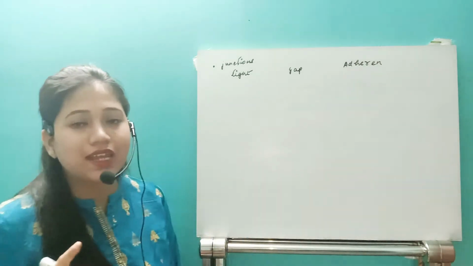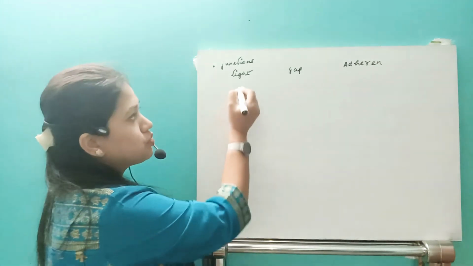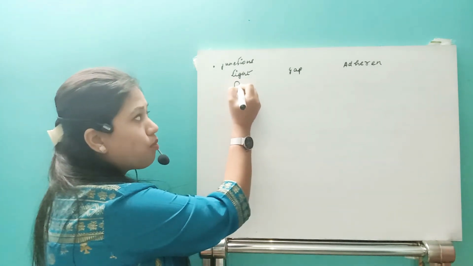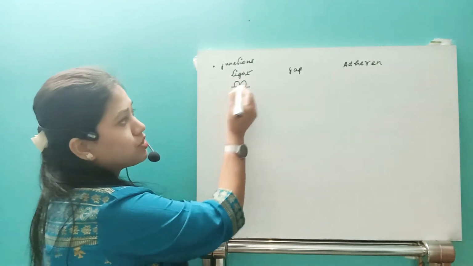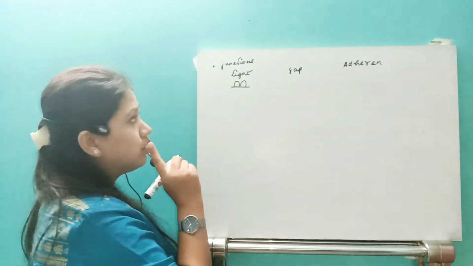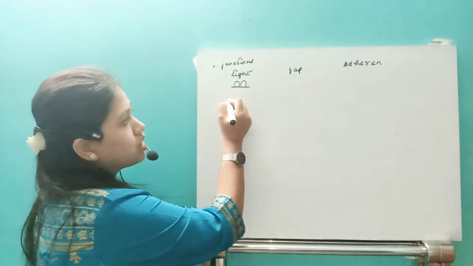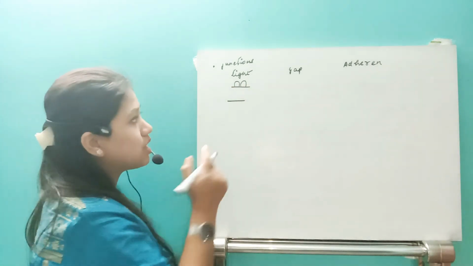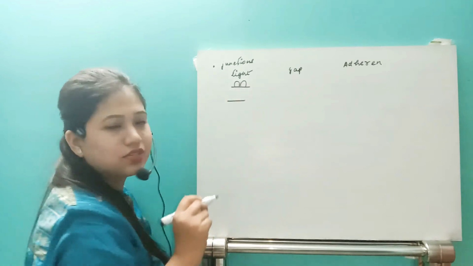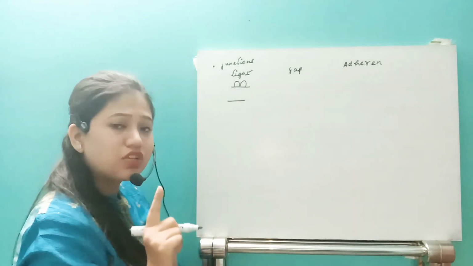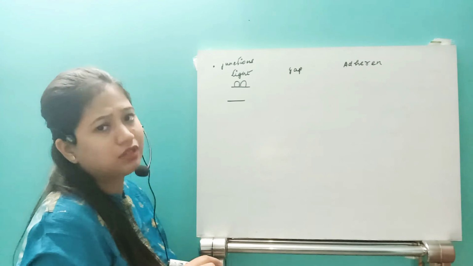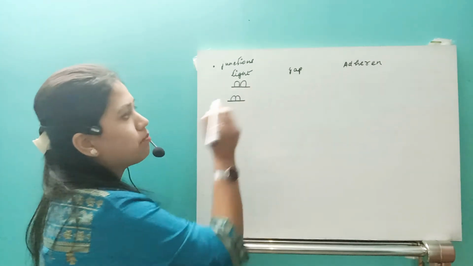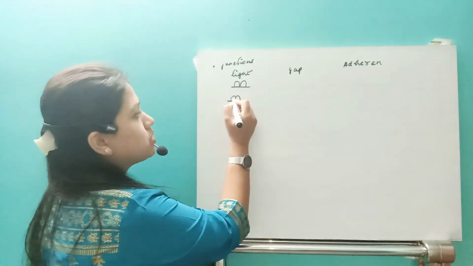So what is a tight junction? If it comes to the tight junction, the cells will be very close to each other. Suppose this is the intercellular space. Here, in between the two cells, we have this much space. Now in a tight junction, the intercellular space is greatly decreased, and the two plasma membranes fuse to form only one membrane, right? So it forms the tight junction.